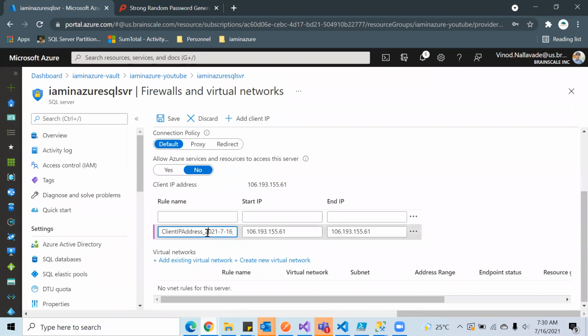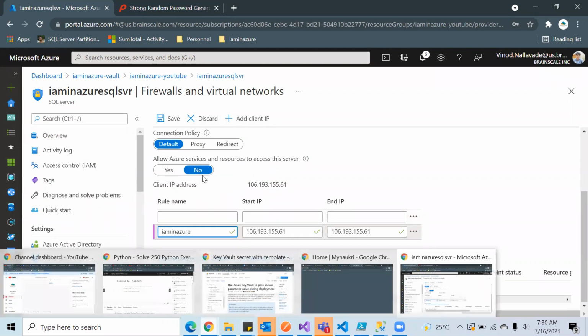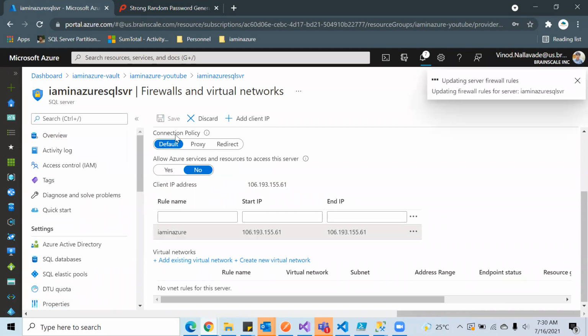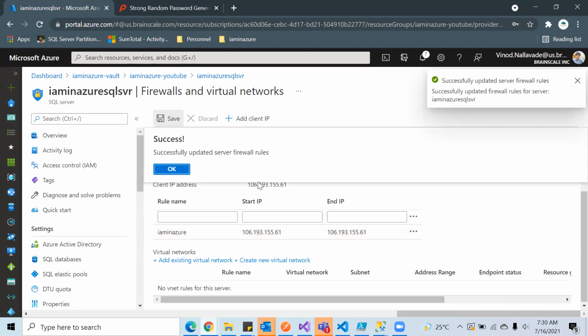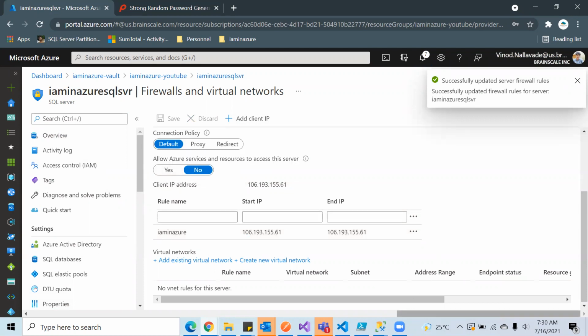This will add my IP. I will just keep it as my name so that when I refer back, I will know for what purpose this has been added. So let's save this. Yeah, the save is successful.